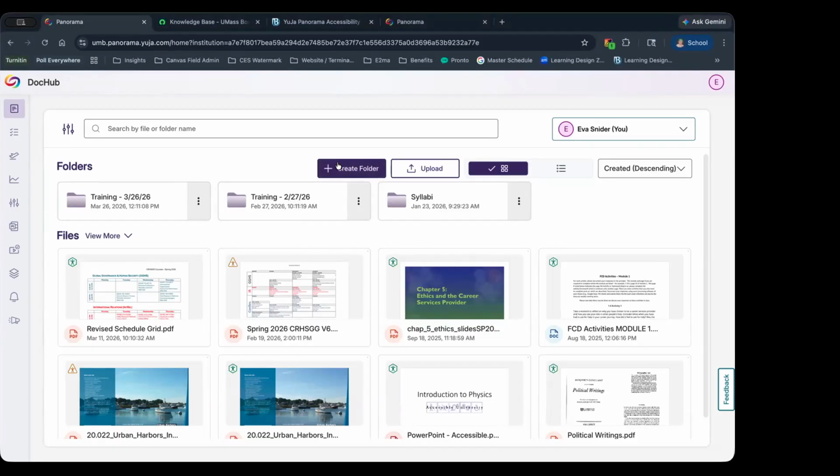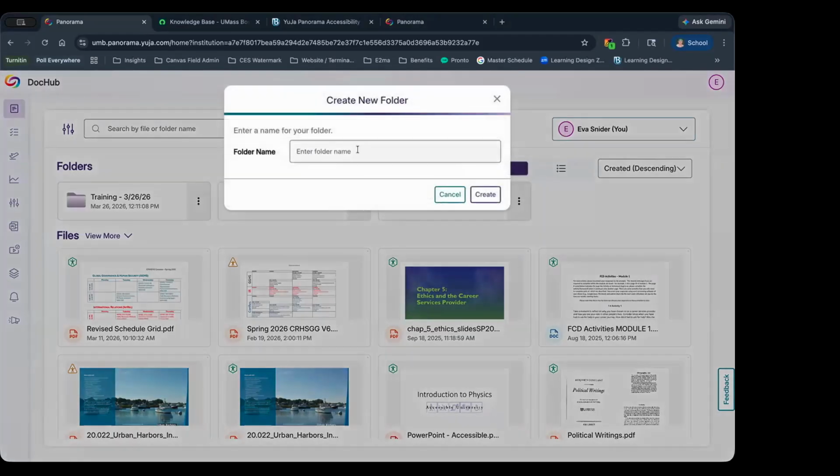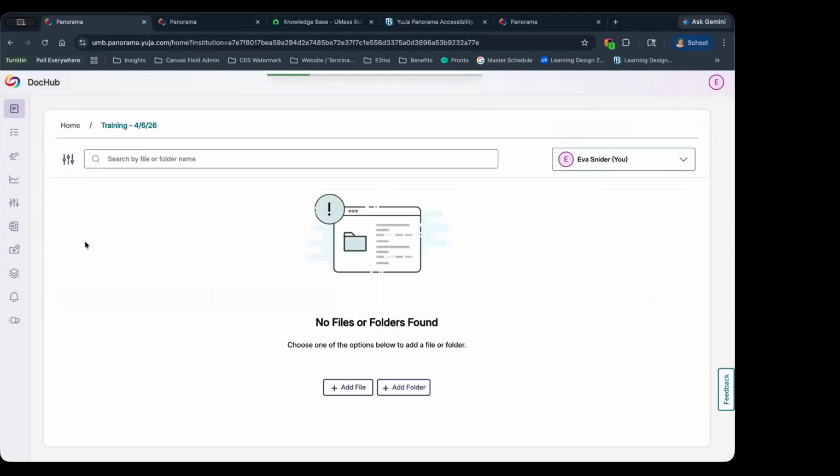For now, I'm going to go ahead and click Create Folder here. I'm going to create a folder named Training. This is April 6th. And that folder comes in blank. And in here, I can add additional folders, subfolders, or I can add individual files.